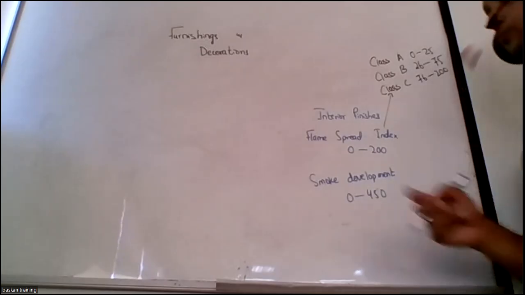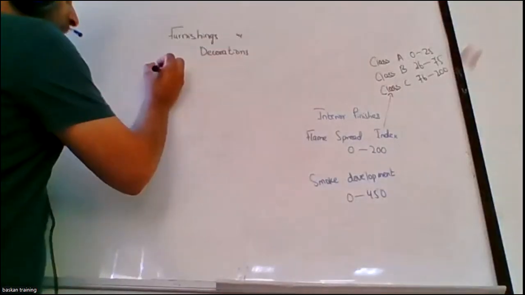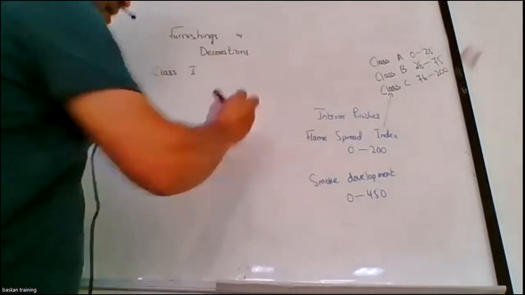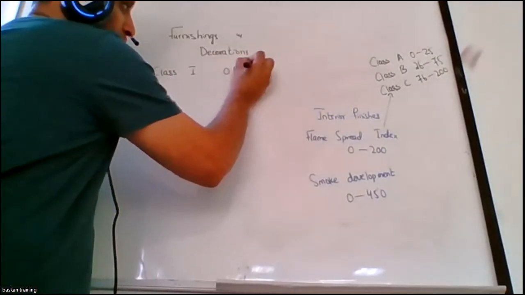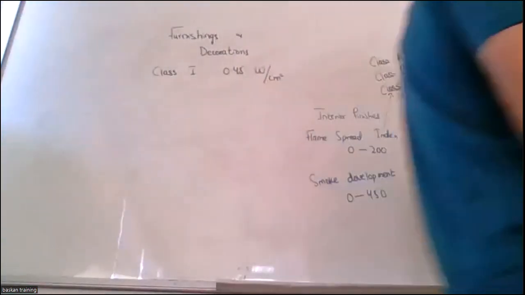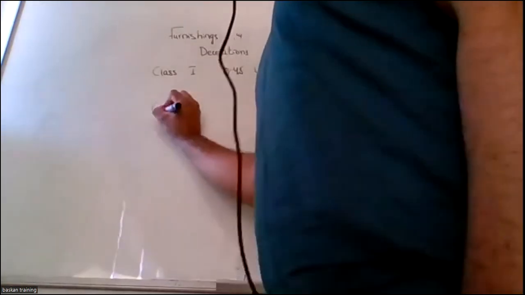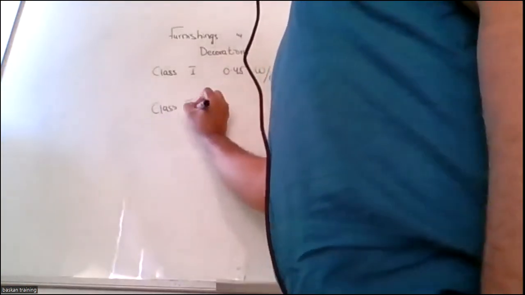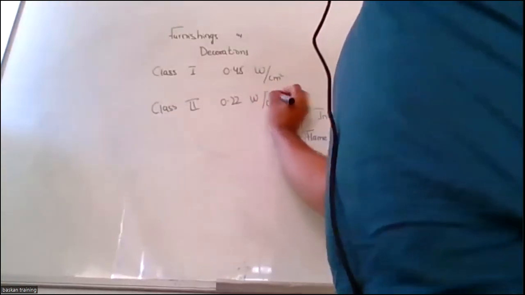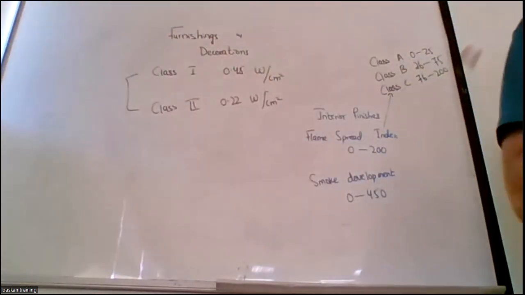NFPA 101 makes sure that whatever furnishings you have, they can have two types of classification. Either you can have class 1 materials, which provide 0.45 watt per square centimeter, meaning 0.45 amount of energy released per square centimeter, or class 2, where I can have 0.22 watt per square centimeter. In both cases I can use any of these classifications, but